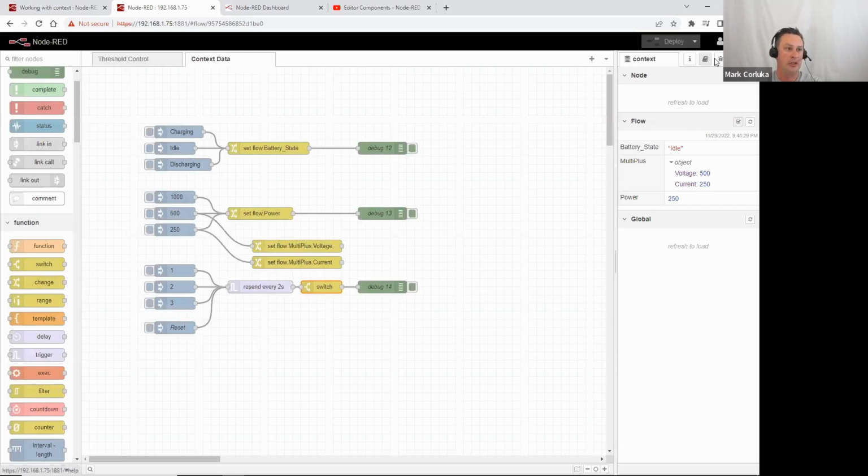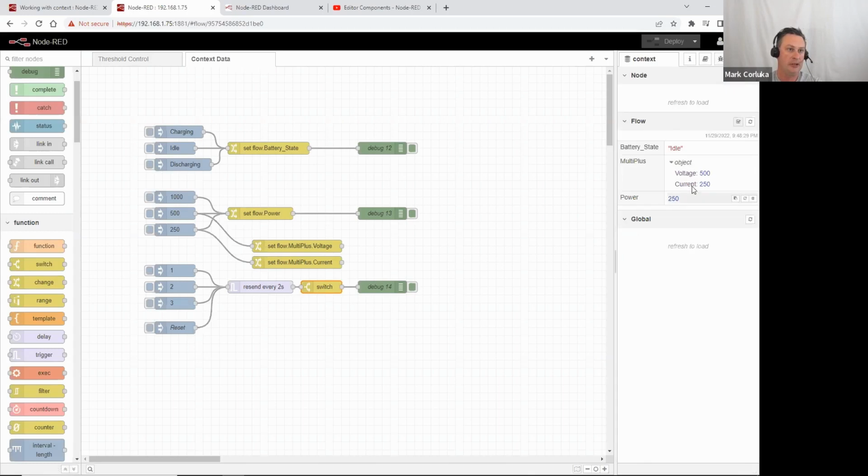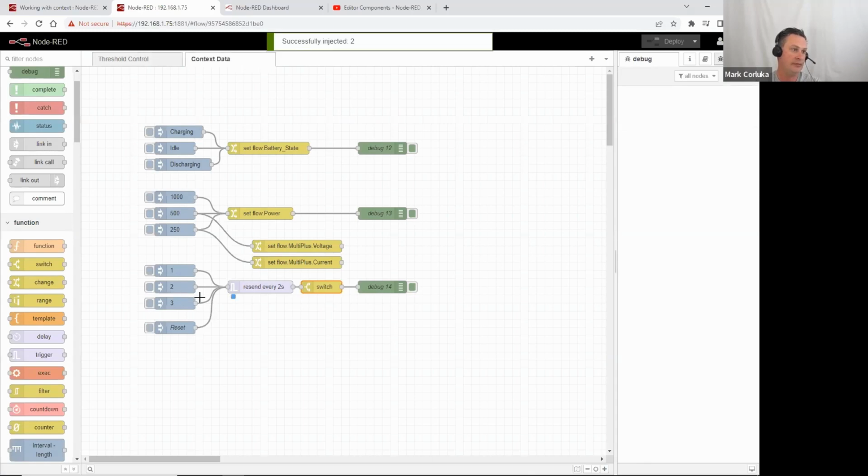So what we can do here is go to our debug screen, and I'll just reset it. Actually, we'll see what we have that set to at the moment. Sorry, just 1 second. So I've got it set at idle now, so this should block the message. If I go back and send number 2 through, you can see I'm getting no messages here. But if I change this up here to charging,